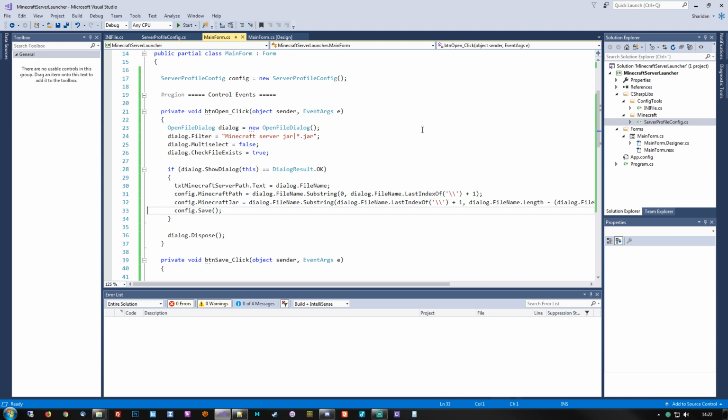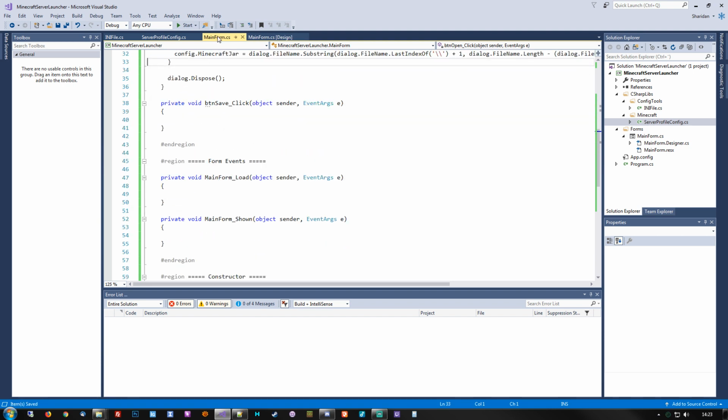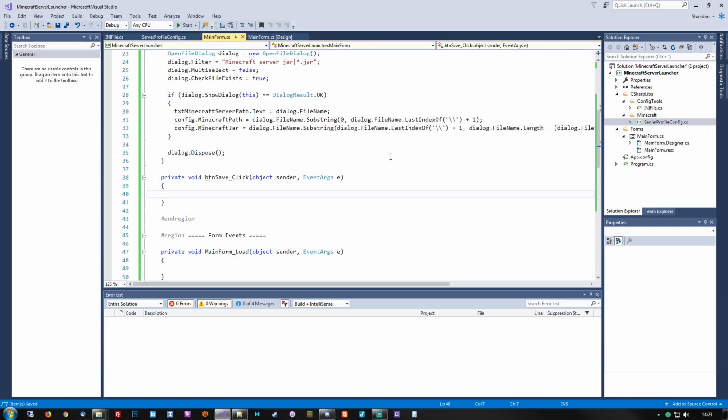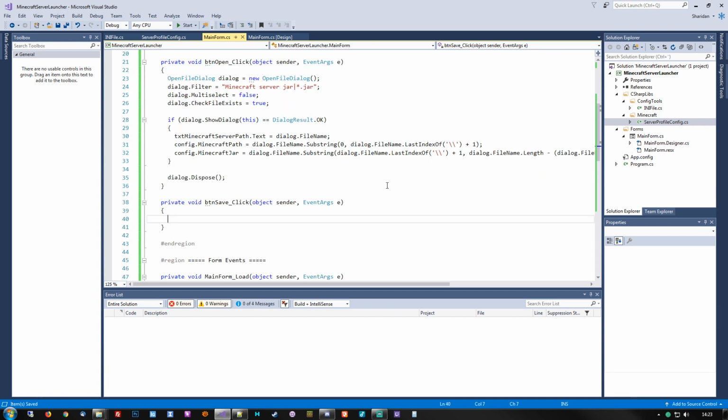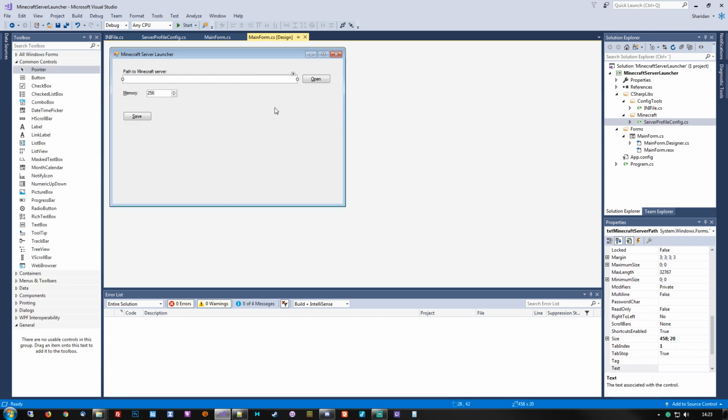we used the open button to pop an open file dialog to go find the jar file, and then place the call to the save configuration. We'll get rid of that. Instead, we will do a couple of checks down here. Now, since we want the text box to contain the full path and file name of the server jar,